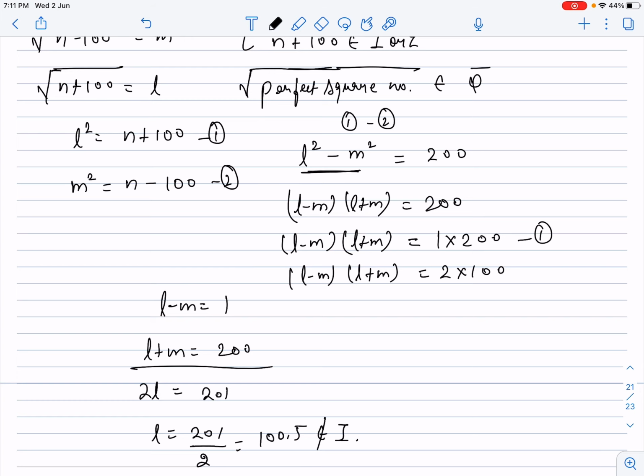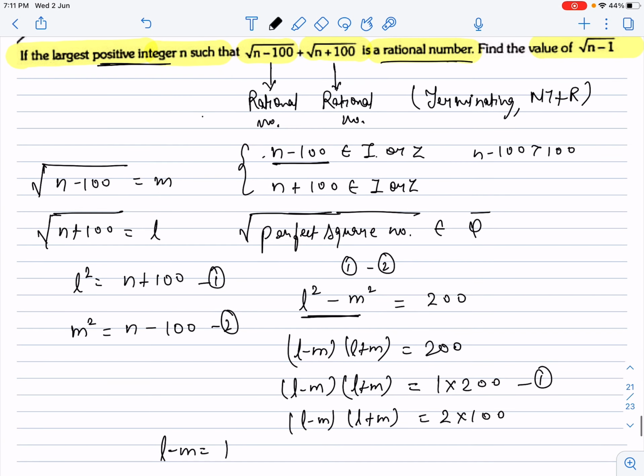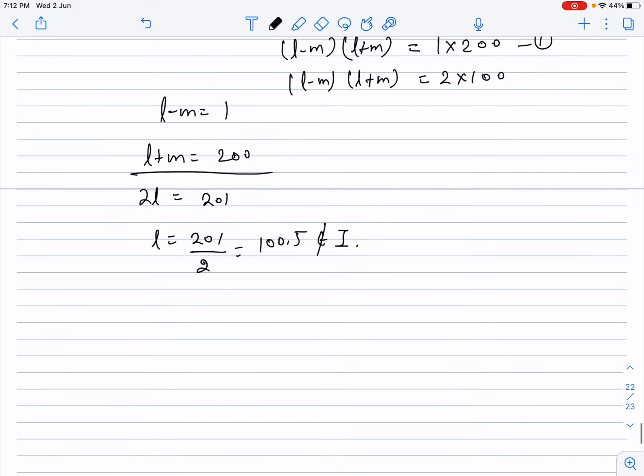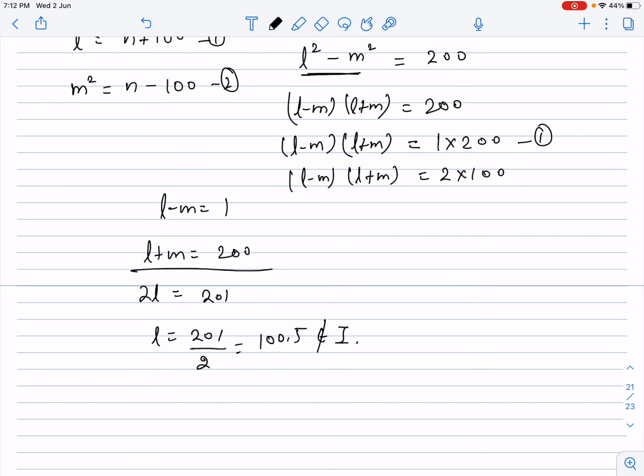And I told you already that the square root we are going to take would be the square root of a perfect square, then only you would have got some answer. That means L is also an integer only, my dear students, because we are doing integer plus 100, we would have got one integer, and that would be a perfect square number, and the square root of a perfect square number, which is a positive integer, would be an integer. So we didn't get the value of L as an integer, so this first case should not be considered. I would have to discard this first case.